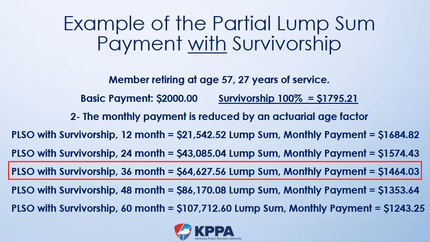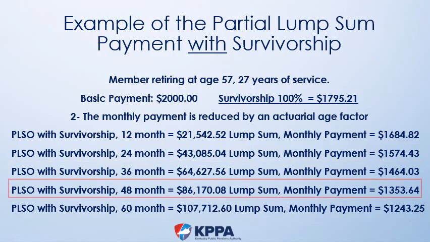If the member chose the 36-month PLSO with survivorship option, they receive a one-time lump sum payment amount of $64,627.56, and the monthly payment amount would be $1,464.03. If they chose the 48-month PLSO with survivorship option, the one-time lump sum payment would be $86,170.08, and the monthly payment would be